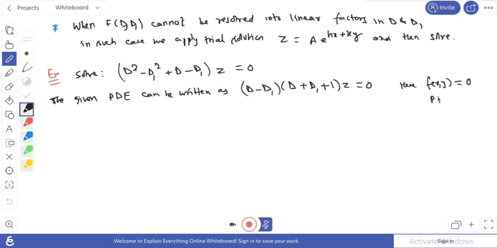Okay, so this means the particular integral is 0 here. Okay, what is your CF here, so your CF is z equals to